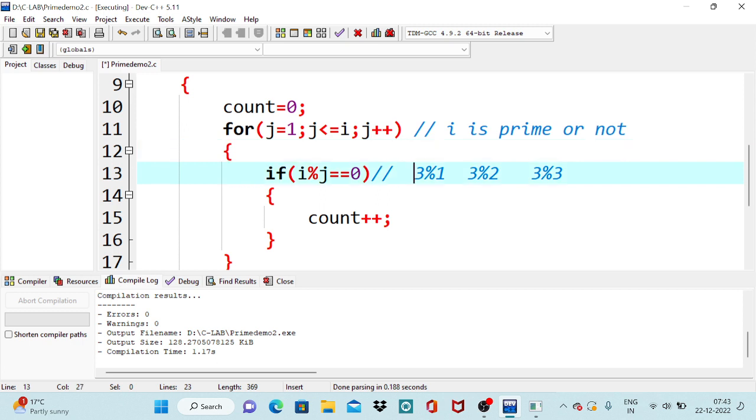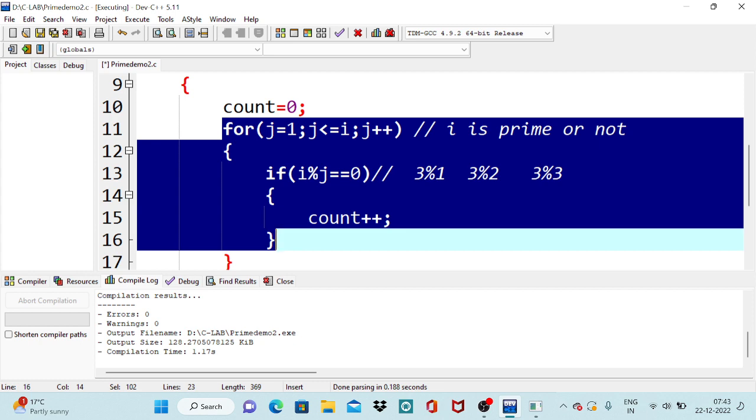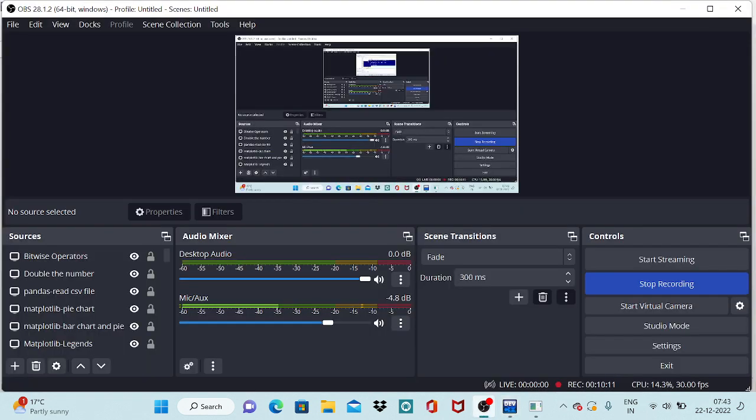So that is the reason. If the i value is 4, then this loop will run 4 times. If the i value is 5, then the inner for loop runs 5 times. If the i value is 6, then the inner for loop runs 6 times. So like this, using this logic, we are printing the list of prime numbers beginning from 1 up to